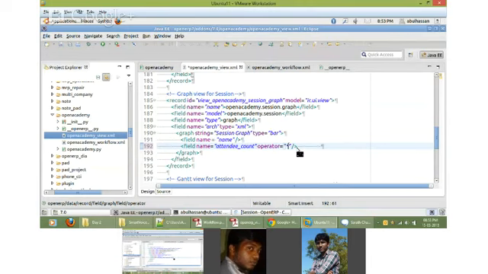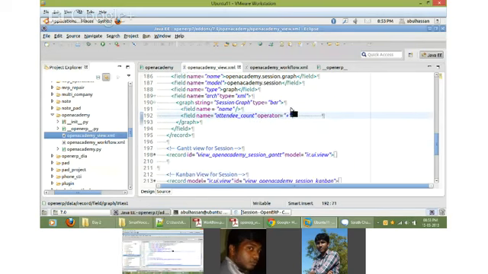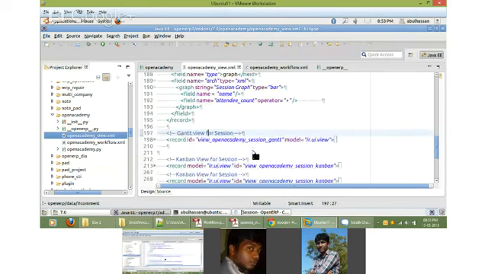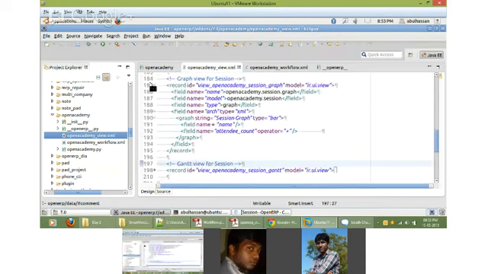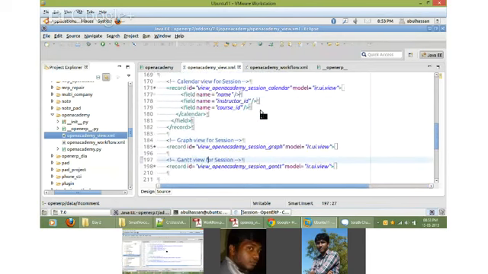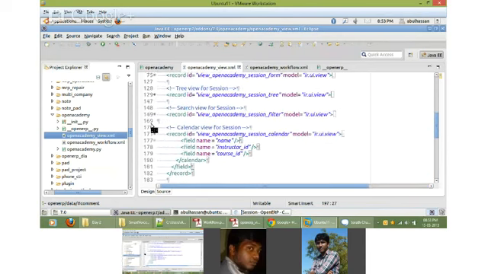And minimum, which takes only the minimum value, but actually these operators are not working. Only plus is working. Whatever value is there, it is just adding up and showing it. Probably I think that is a bug. So this is about graph view and calendar view.